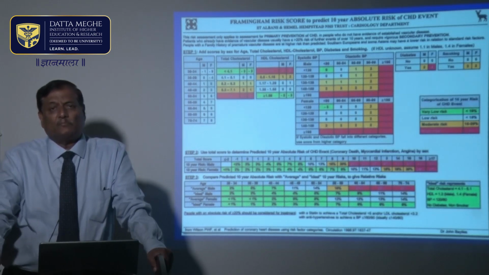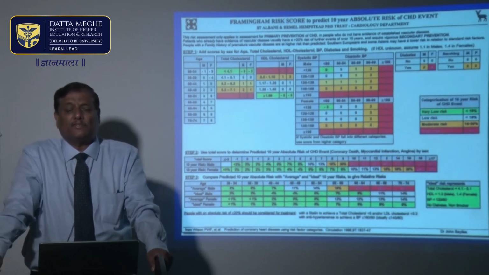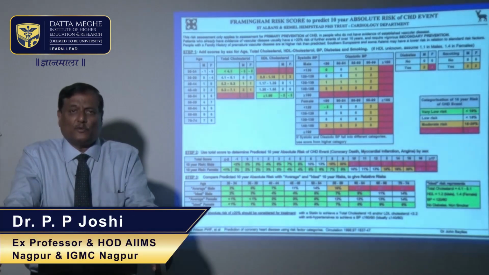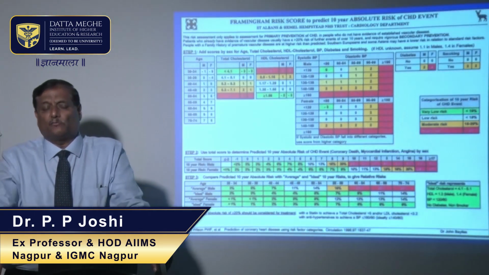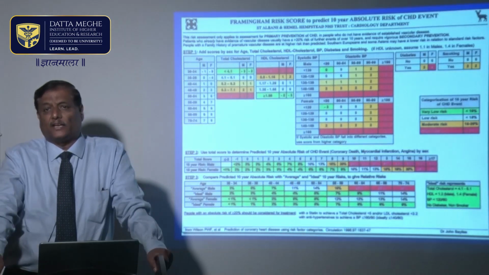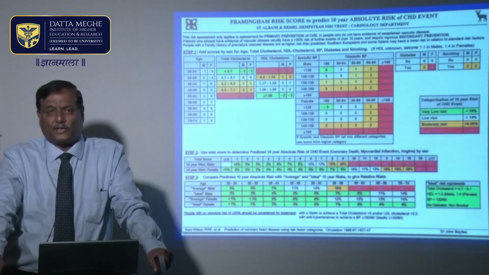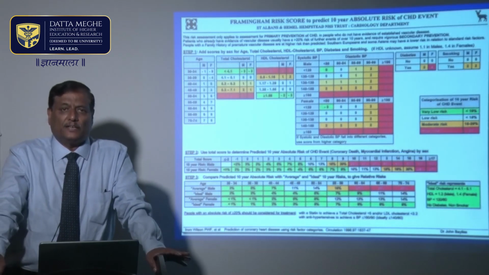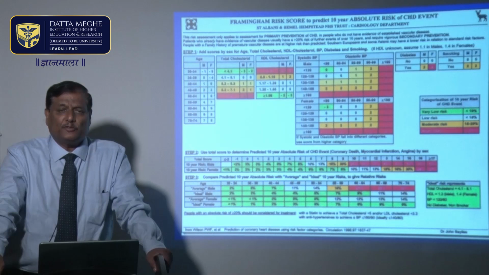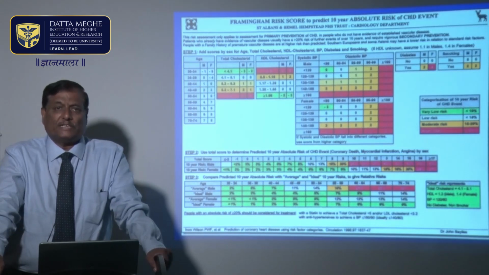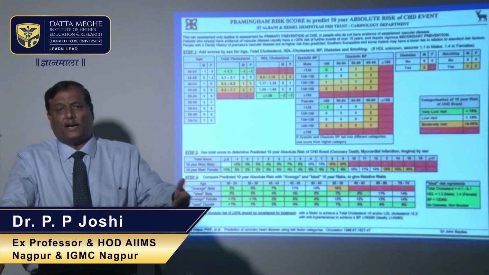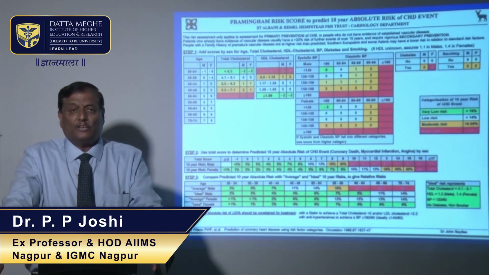But if the same blood pressure of 160 by 100 is in a 65-year-old person who is a diabetic, who is obese and is a smoker, the risk of developing a heart attack is very high in this patient. In that situation, we need to bring down the blood pressure very rapidly and aggressively to reduce his risk and also take care of his other risk factors. So, the same blood pressure 160 by 100 would be treated differently in different patients, because we treat the patient and the patient's risk in order to prevent heart attacks and paralytic stroke. We do not treat the number.